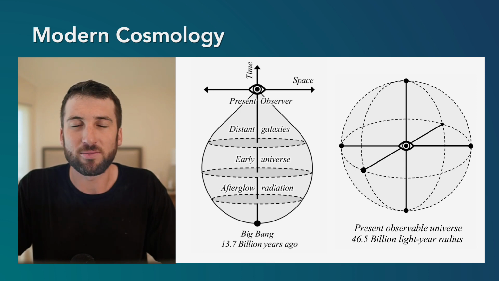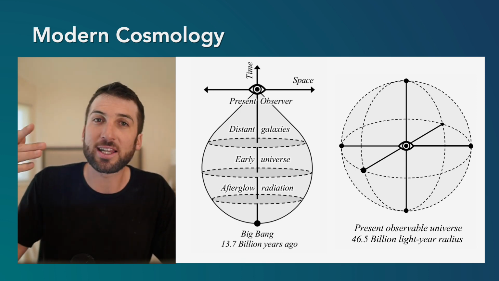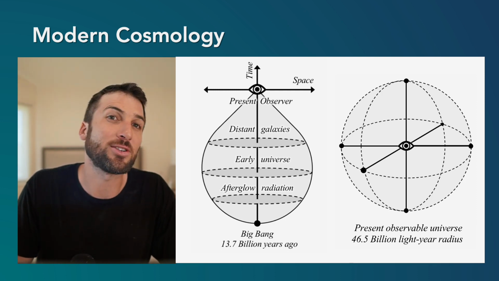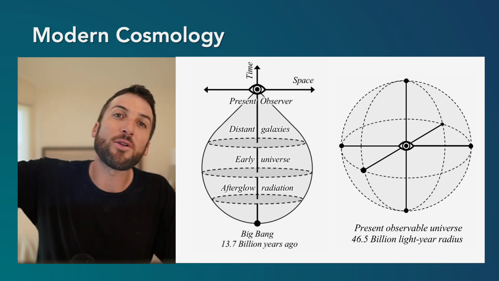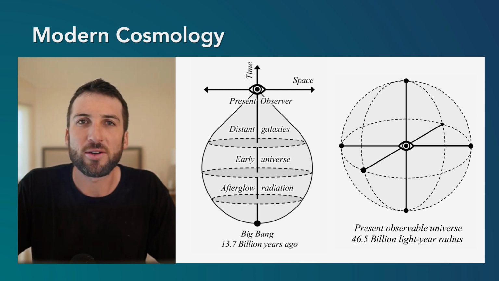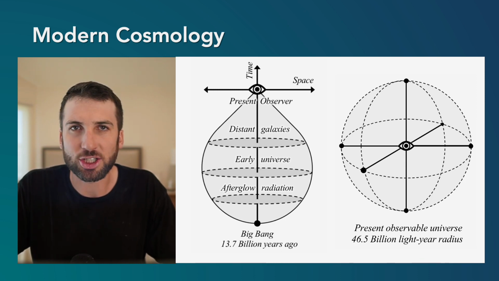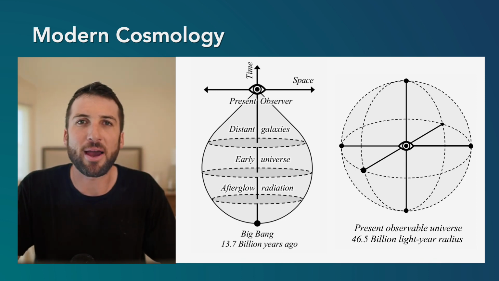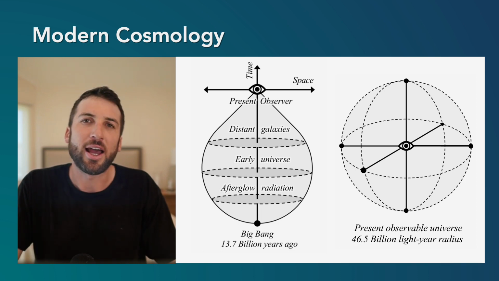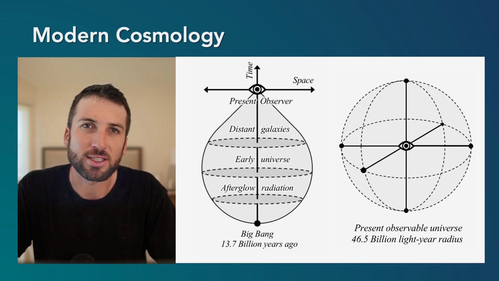And now, basically, the present observer, when we look back into space, we're seeing light from the past. So, for a star that's 10 light years away, when we see the light today, that light is 10 years old. So you can look farther and farther back. It's looking kind of back in time. And then if you look really far into the universe, it basically is like the afterglow radiation, which is like the earliest time after the Big Bang. And so we're receiving more and more light from further distances over time.